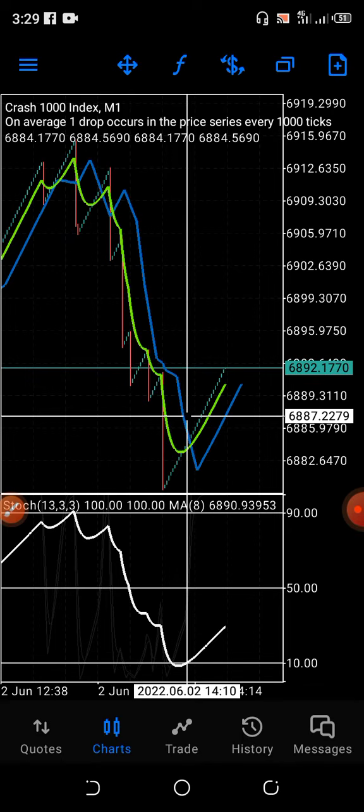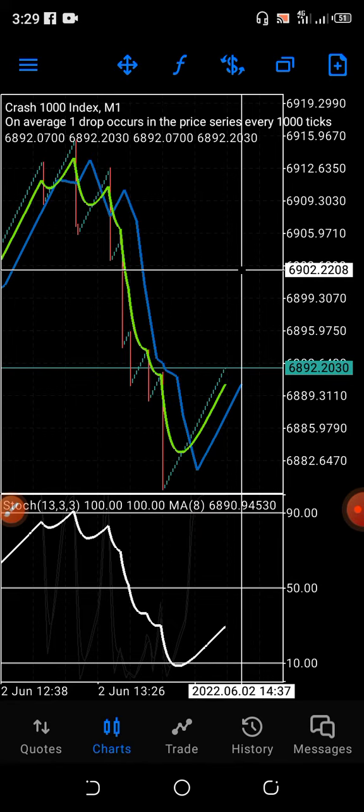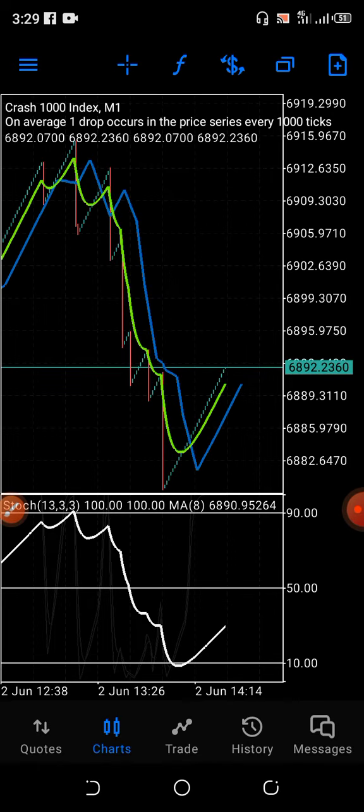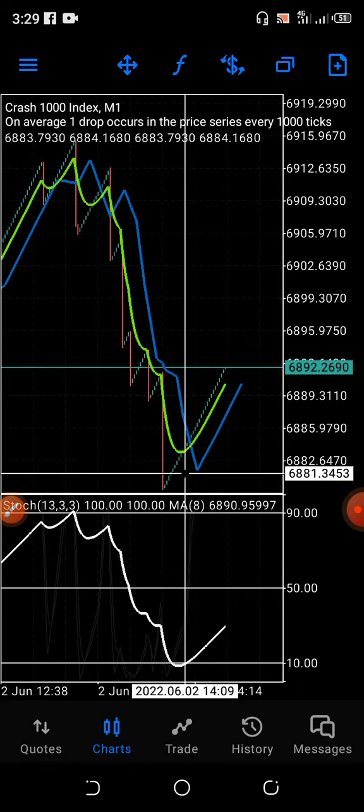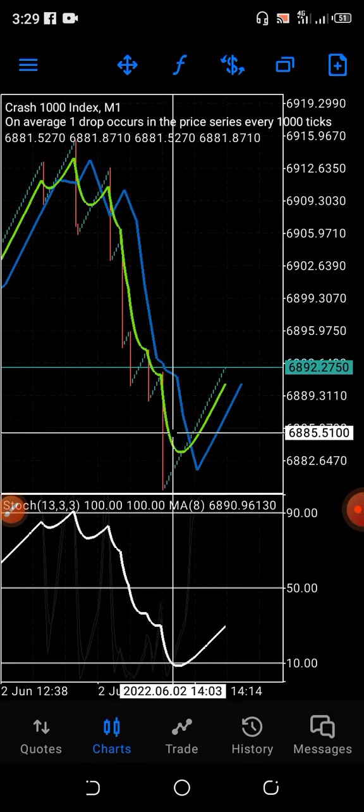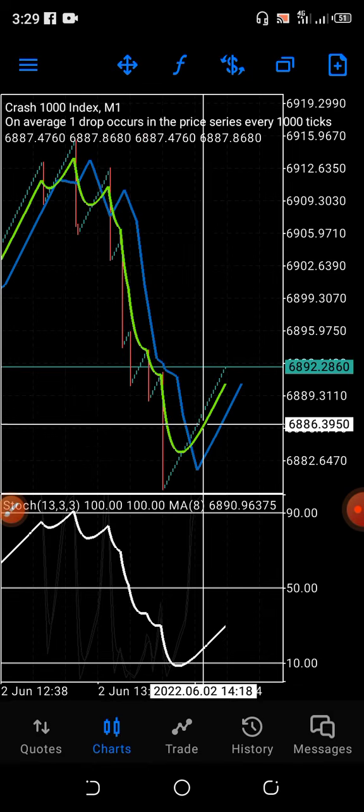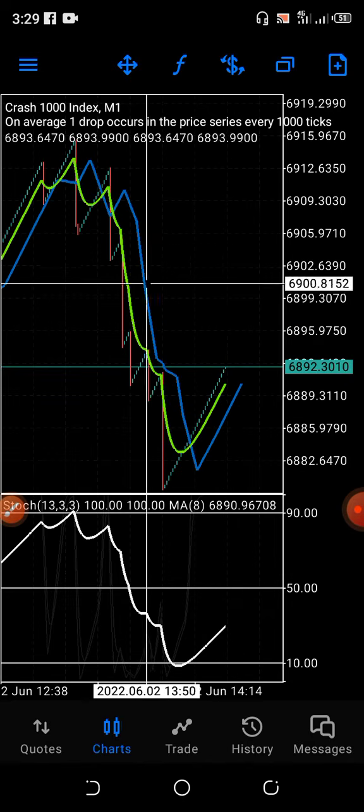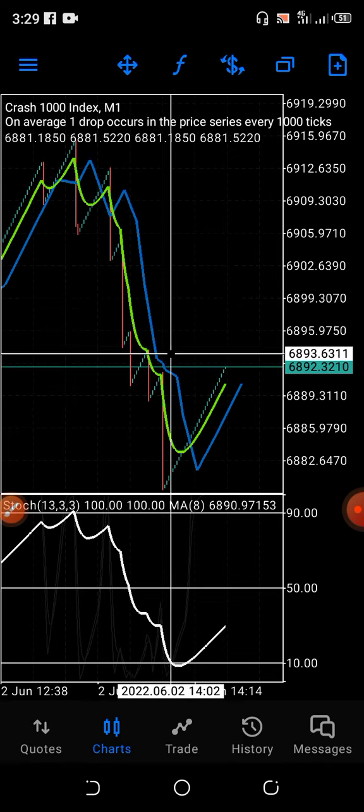Sometimes when people are setting the indicators, they will go and set the green line first. No, any indicator you put on your main chart first will be under any other one you put after. That is how the thing works. So anytime you see this green line crossing over the blue line, you will understand what this blue line is. It's not a moving average.